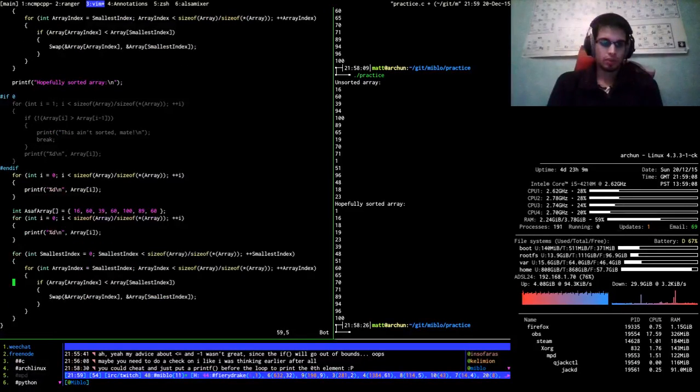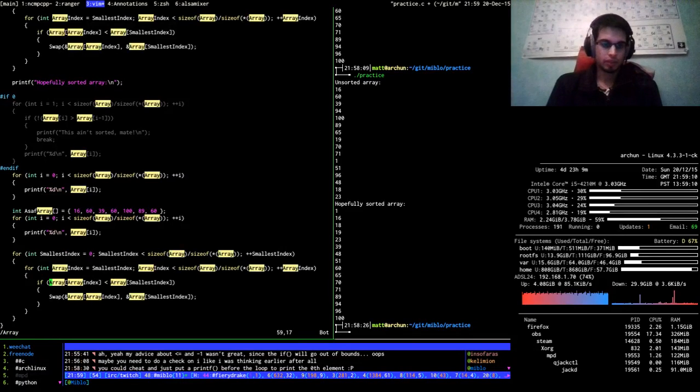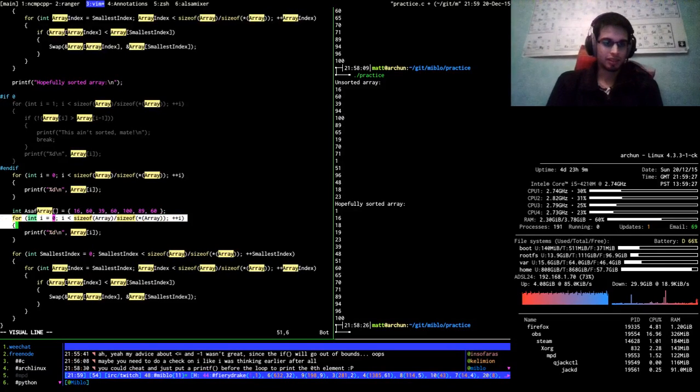So let's just find all these array. Yeah, unfortunately, because I've got array index, can't easily. Or can I actually? I wonder if I can easily substitute all that lot.